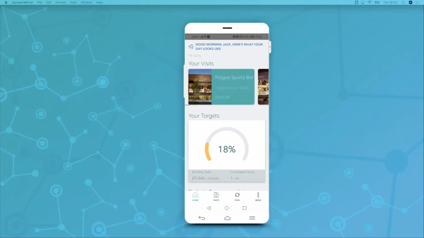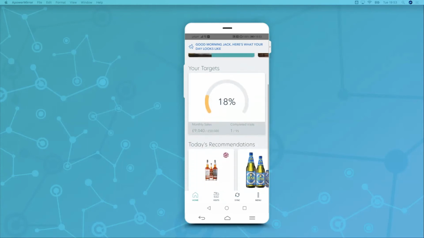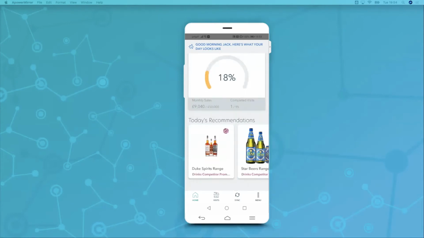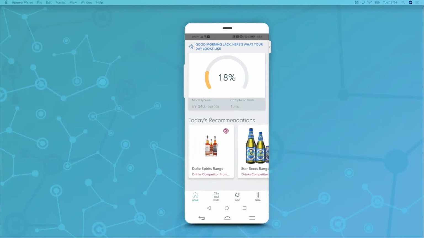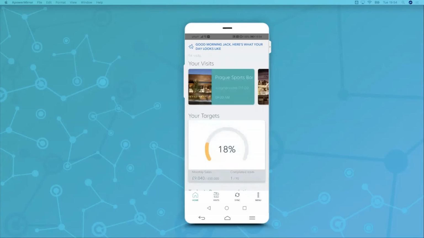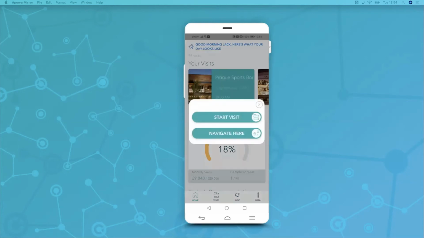visits he has scheduled. In the center, he can view a dashboard with all of his KPIs, his actuals versus his monthly sales target, and his completed visits that he's done today. At the bottom, he can see all of the new promotions that have now been unlocked by his manager. He sees a promotion on Star Beers, the full product range, as well as on Duke Spirits to compete with Slovak. He moves up and starts a visit at Prague Sports Bar, where he can use GPS to navigate to